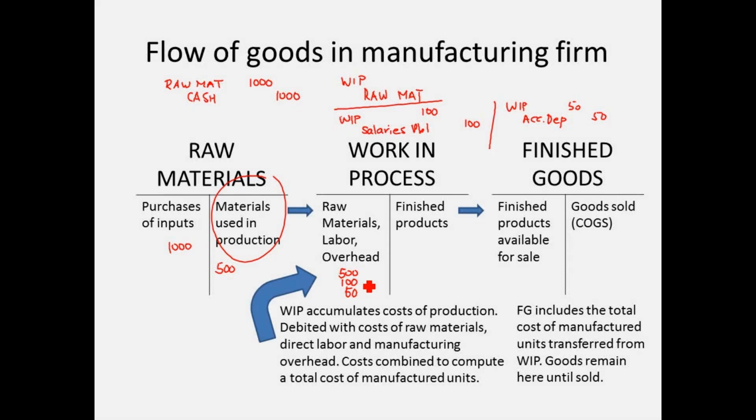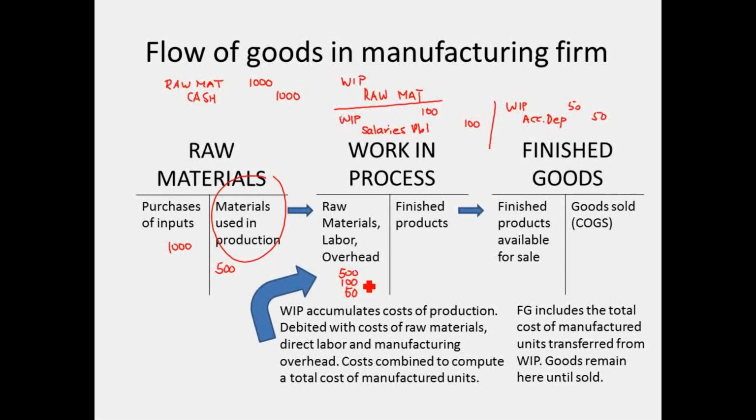Why? Well, I'm trying to capture all of the cost of production in work in process so that at the end, when I finally sell the asset, I'm matching all of the costs of creating the asset to the revenues that have been generated. Okay, so here are a bunch of costs. Now I also have heat, light, other kinds of gas, whatever utilities I pay, I would include those too, and any other